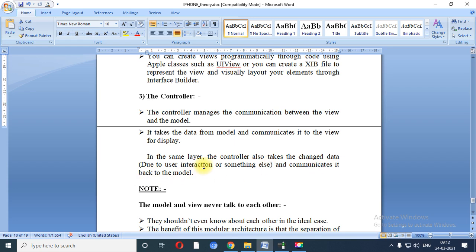So see, controller is the mediator using which we can make changes in the data and again inform the view about the changes which we have made inside the model, right? So those changes will be informed by the controller and we need to tell those changes to the view.